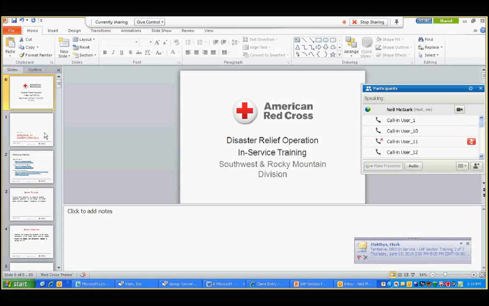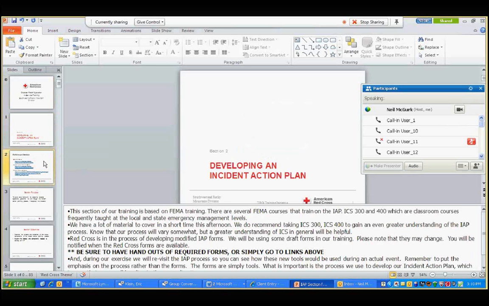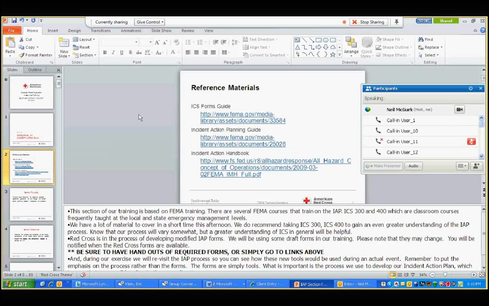Another thing that I would recommend, moving on to some additional slides here, is we've got some good reference materials, and I would highly encourage you guys, before you start teaching the course, to download or print off the incident action planning guide. I find that guide, when I was prepping for this course, to be a very valuable resource to help answer some questions and give me some foundational knowledge on how to present this information to the individuals within the class. So I would strongly encourage you guys to download that, read it, take a look, and use that as a resource.